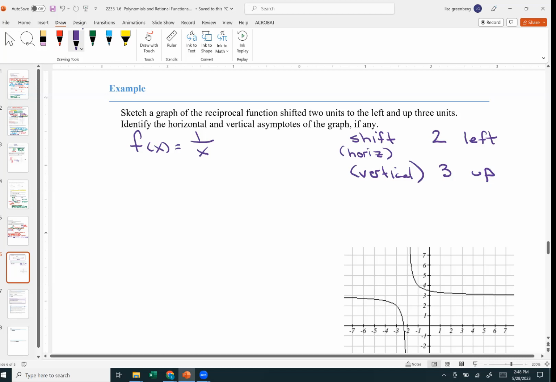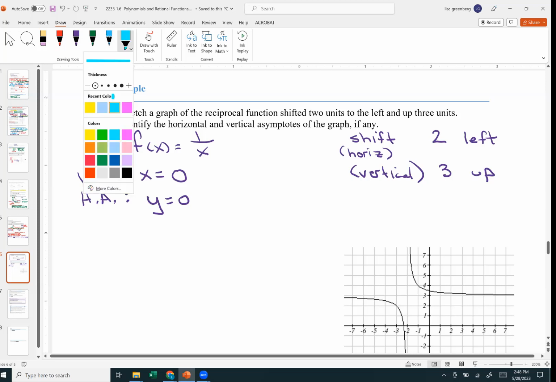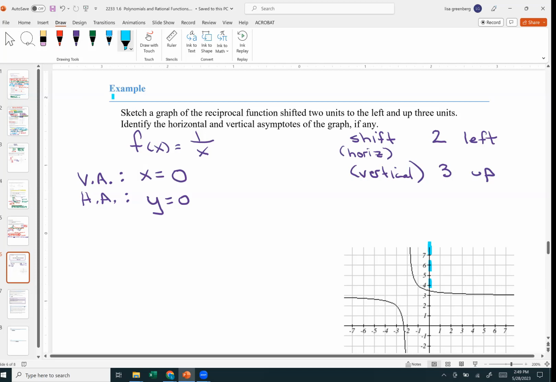Well, on our original 1 over x, we said our vertical asymptote, and I'm going to abbreviate it as VA, is x equals 0. And our horizontal asymptote is at y equals 0. So if our vertical asymptote is going to normally be right here,